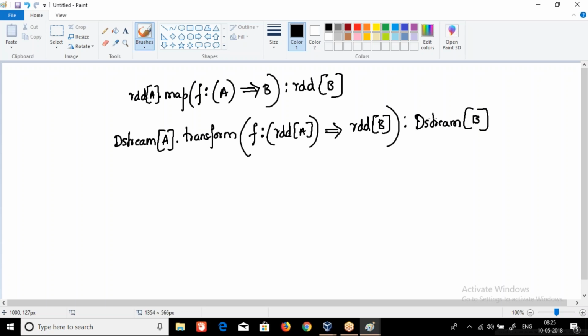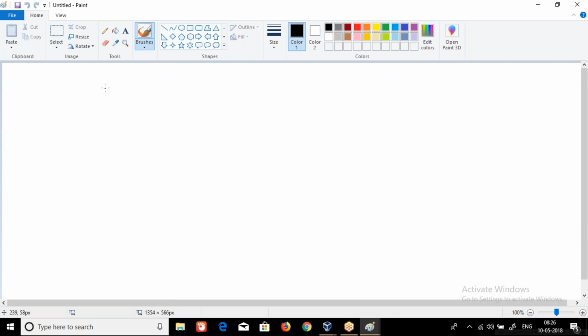It is one level above. Just like map, it is transform. Map works on an RDD collection, transform works on a DStream collection. You can imagine a DStream again to be a collection where each element is an RDD. So something like this. We know that every batch interval we receive